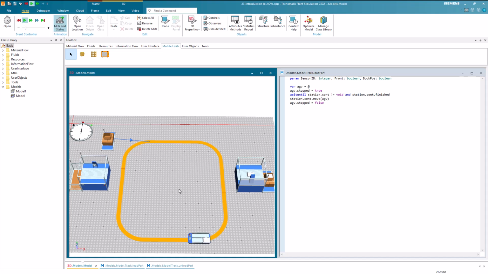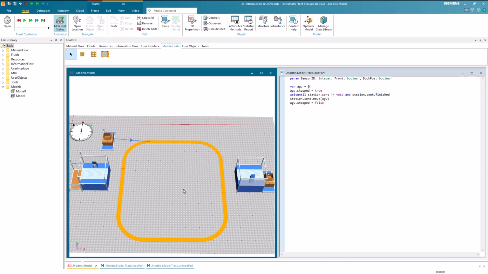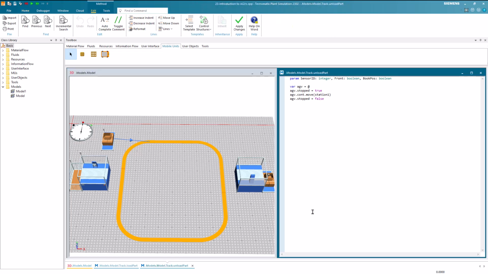As observed, the AGV waits until the conditions are fulfilled. Now, let's address potential edge cases on the second sensor. Initially, we don't want to stop the AGV in case it's empty. Therefore, we introduce an if statement. In the condition, we aim to confirm whether the AGV is not empty.